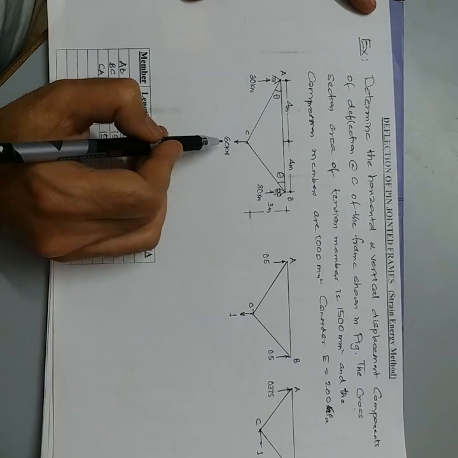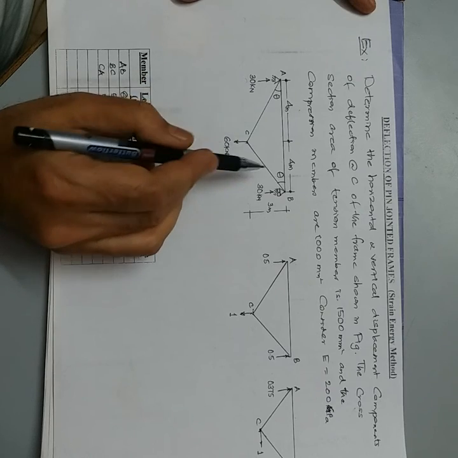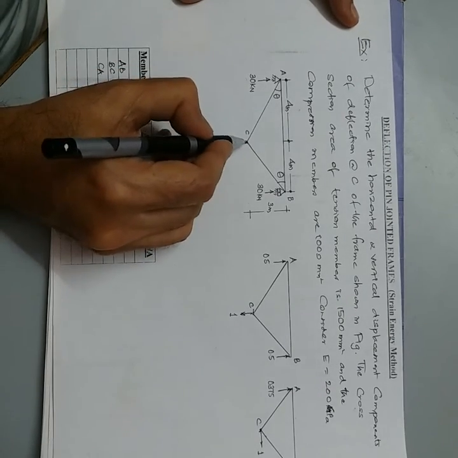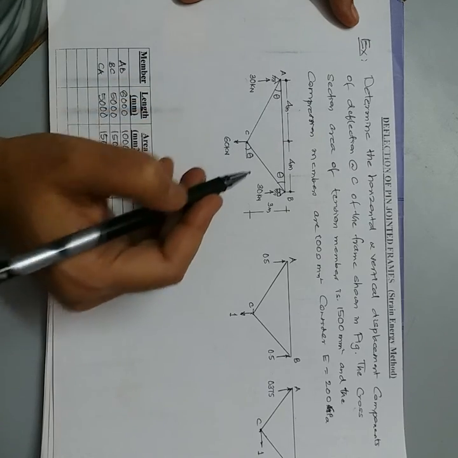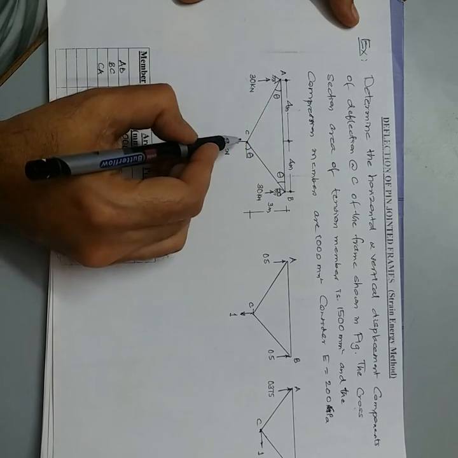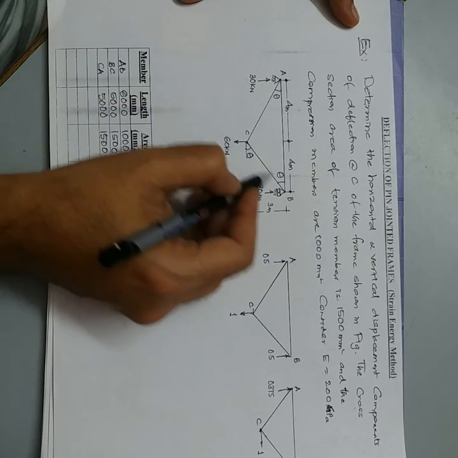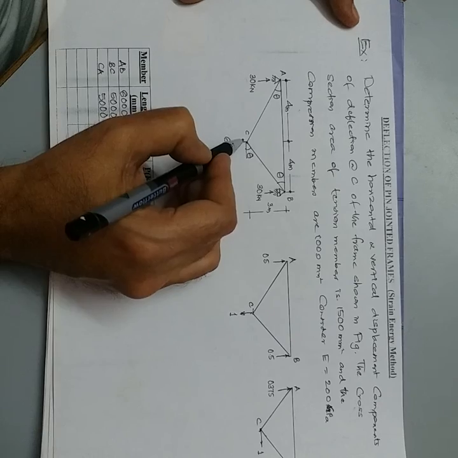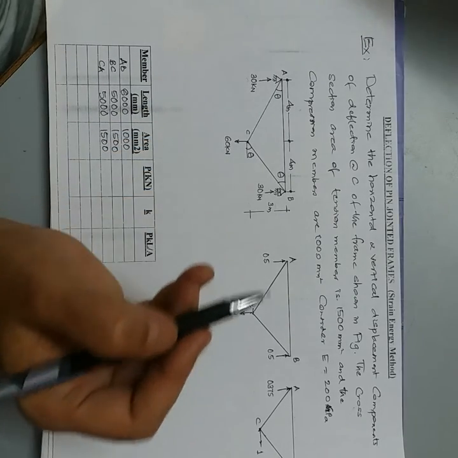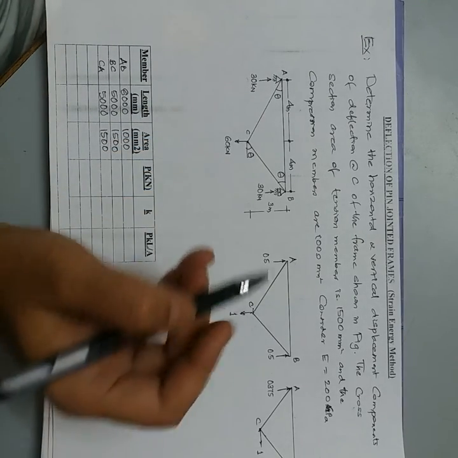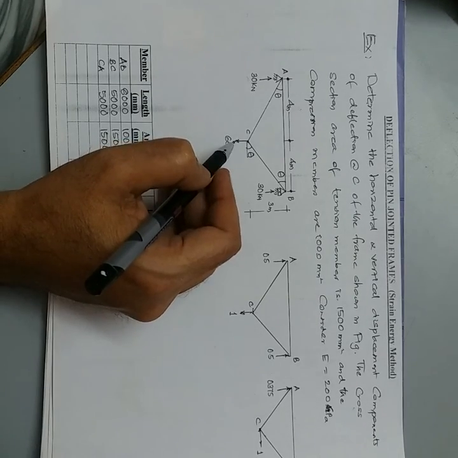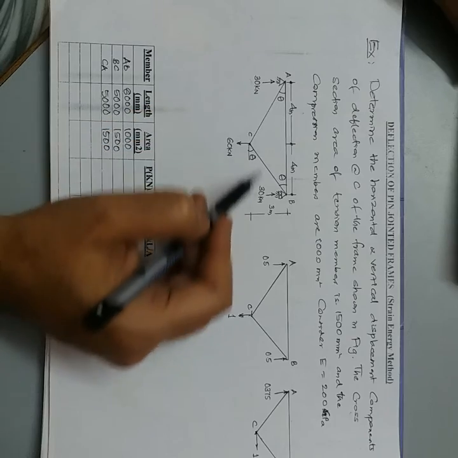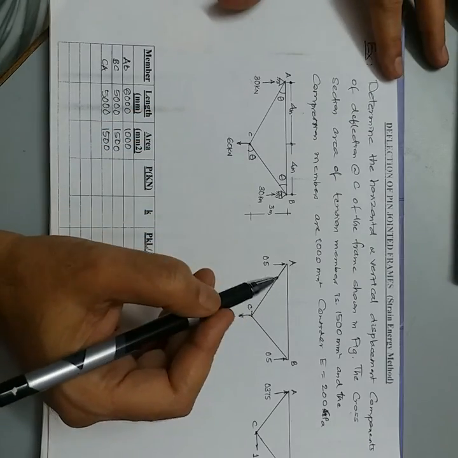So first, due to 60 kilonewton, let us find the forces in the members. So here the angle is this theta. So this inclined length will be 5 meter. This is 5 meter because this is 3 meter and this is 4 meter. Inclined length AC and BC are 5 meters. Okay. So due to 60 kilonewton load, the reactions at A and B are 30 kilonewton, which are vertical.